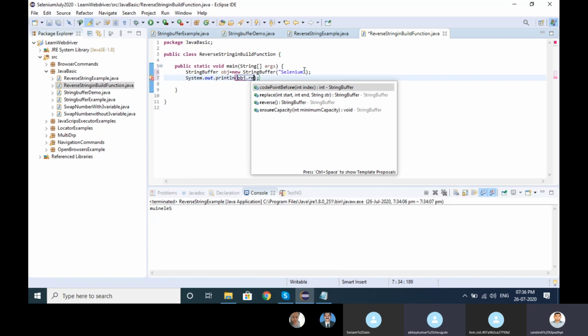Sandesh, looks like your screen is stuck. My screen is not visible. Your screen is visible, but I'm still able to see system.out.println obj.re, so I think it is stuck. Others are also seeing the same thing. I was also seeing the same, so I left the call and joined again; now a black screen is showing.